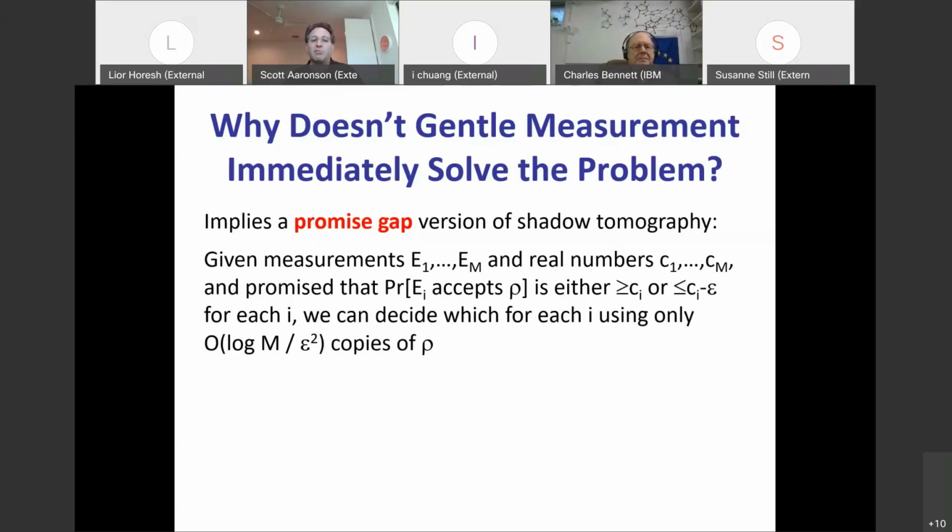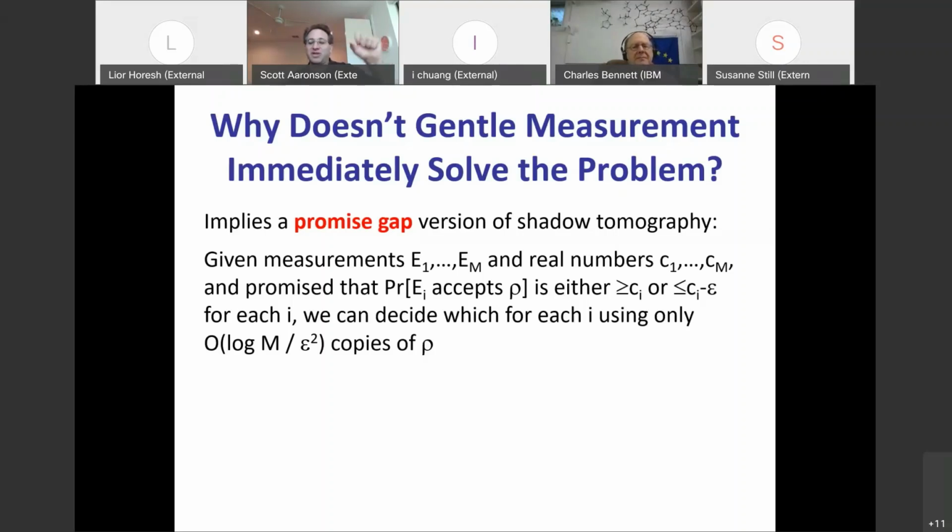Now let's say that someone promised us that for each I, the probability that the ith measurement, EI, accepts our state rho is either at least CI or else at most CI minus epsilon. Okay, so we had a gap